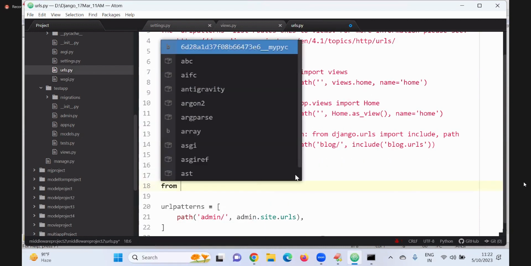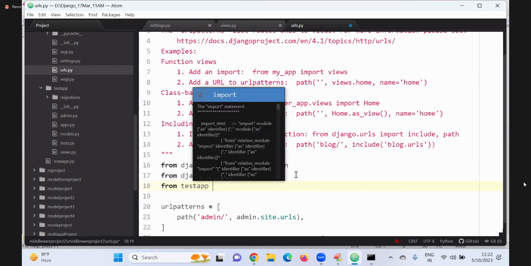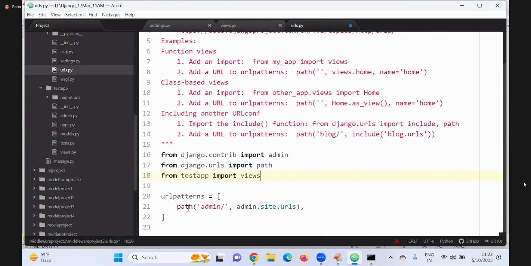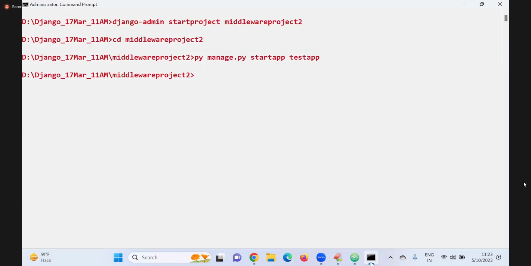From test app import views. Now the URL: views.home_page_view. What I'm given is hello.